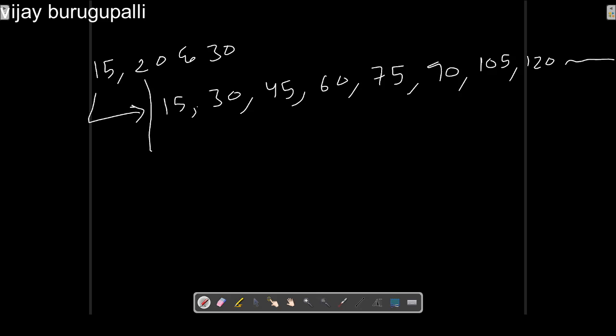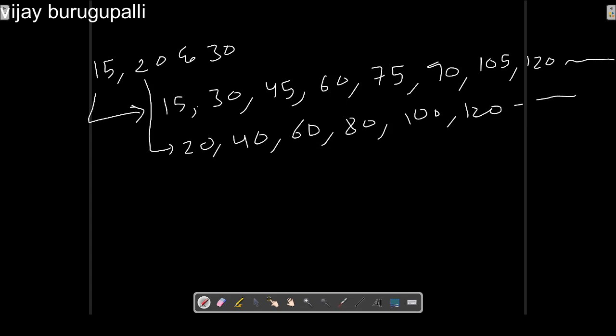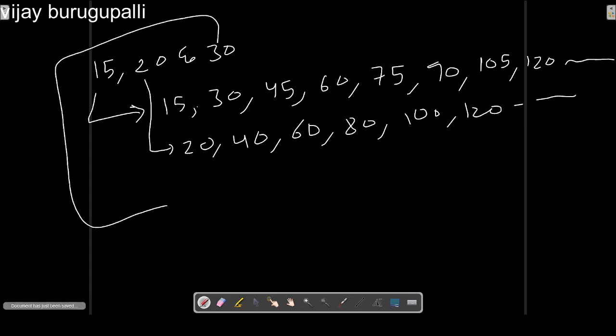Similarly, the multiples of 20 are 20, 40, 60, 80, 100, 120, and so on. The multiples of 30 are 30, 60, 90, 120,